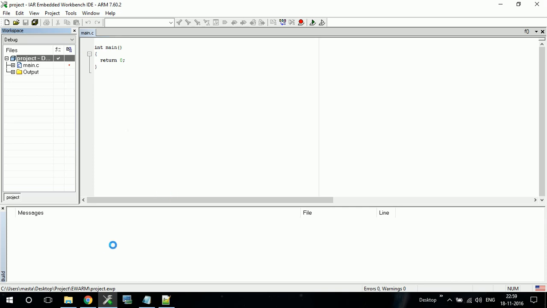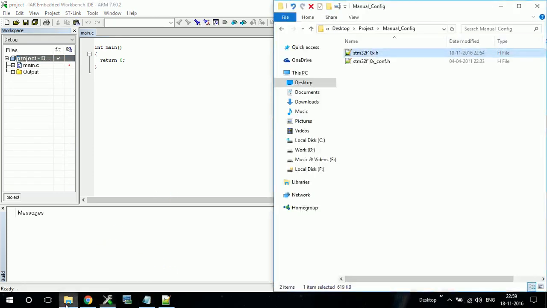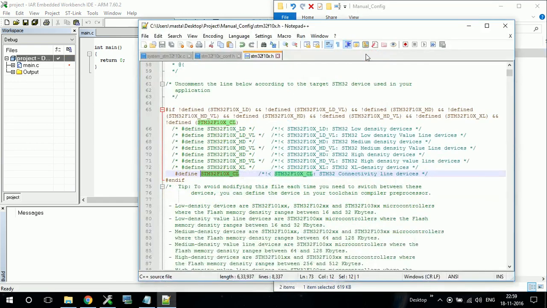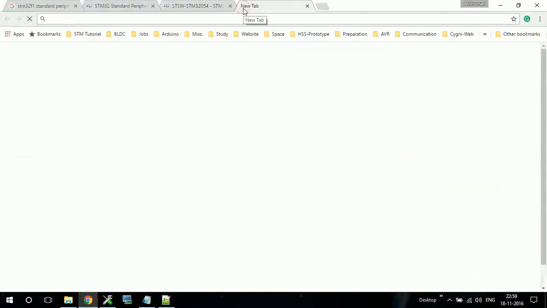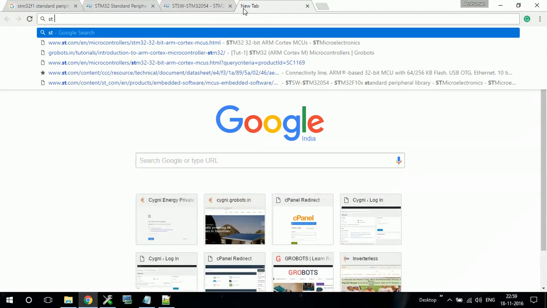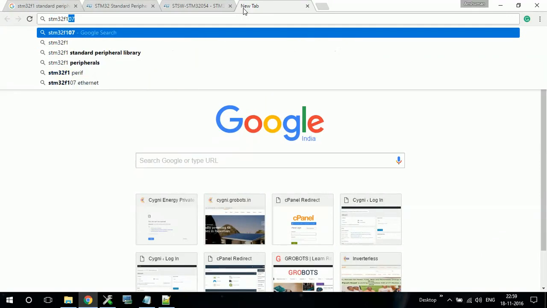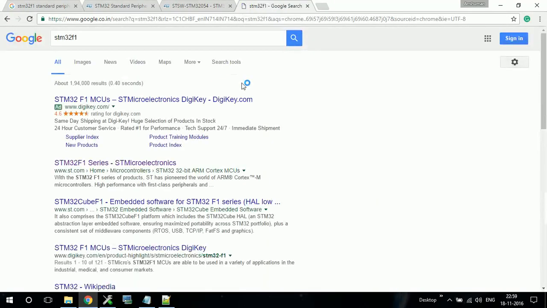Next thing we have to do is edit the files which we have kept in manual configuration. So first I will open this file and show you how to edit this. This file we have already edited, as you can see here. This is the only thing you have to do. It depends on what line your microcontroller is, because if you go to the STM website you will see there are multiple lines of products available. Like if I go to the STM32F1 series,